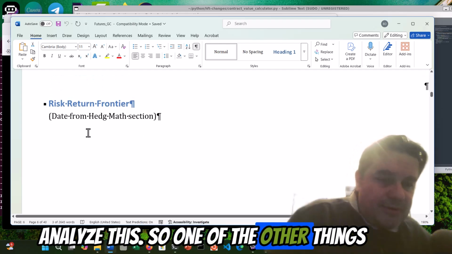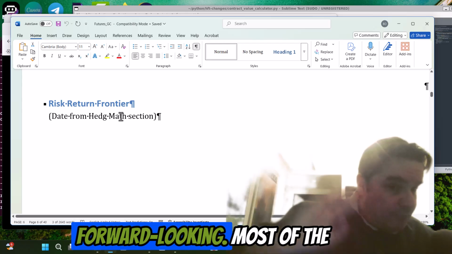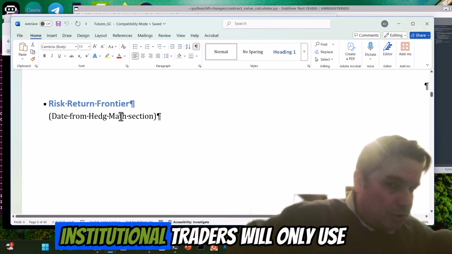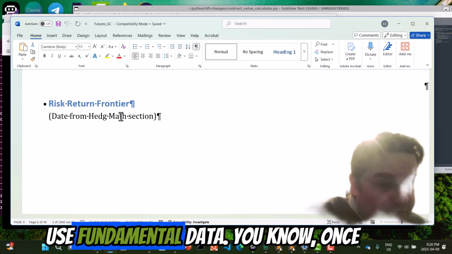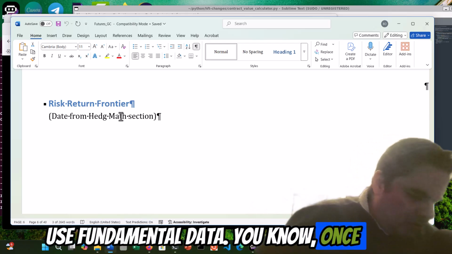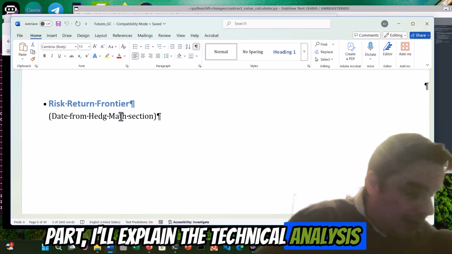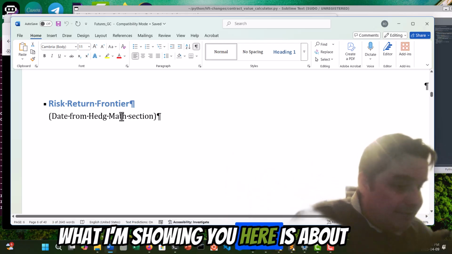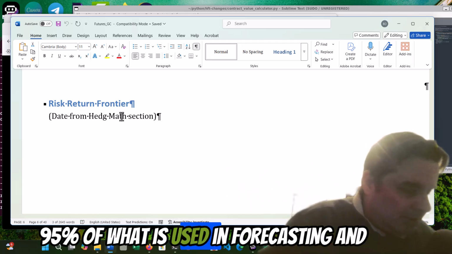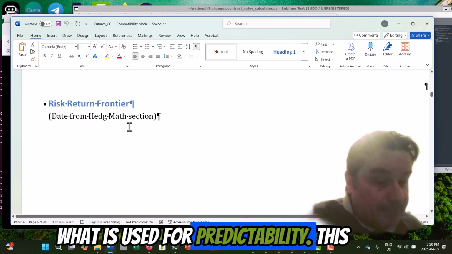So one of the other things they look at is a return. Again, forward looking. Most of the institutional traders will only use forward looking data. They will also use fundamental data. Once we get to the technical analysis part, I'll explain the technical analysis versus what I'm showing you here. What I'm showing you here is about 95% of what is used in forecasting and what is used for predictability